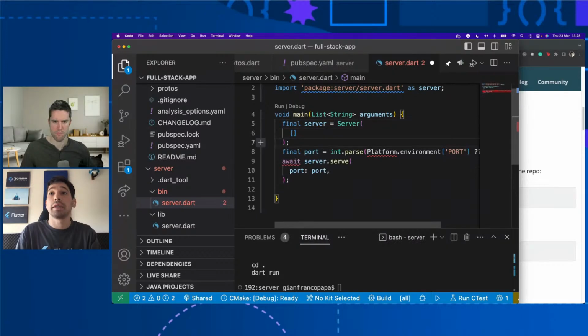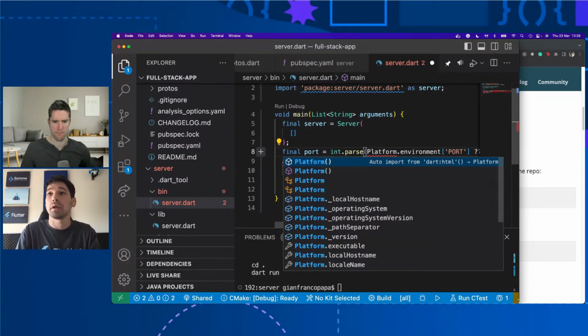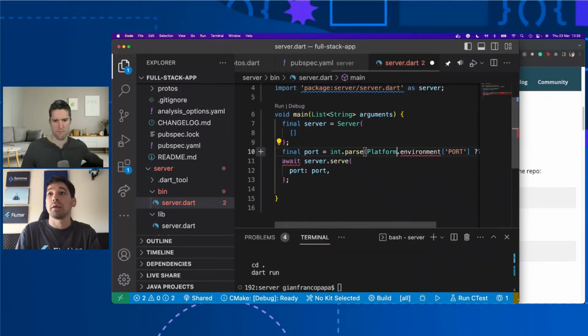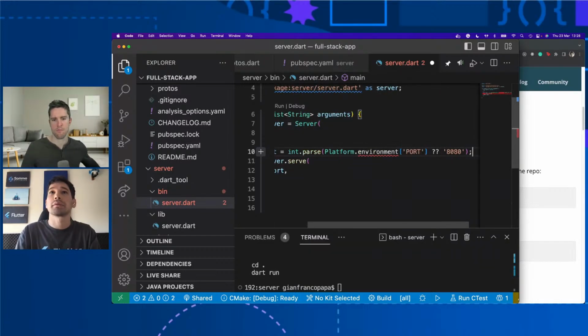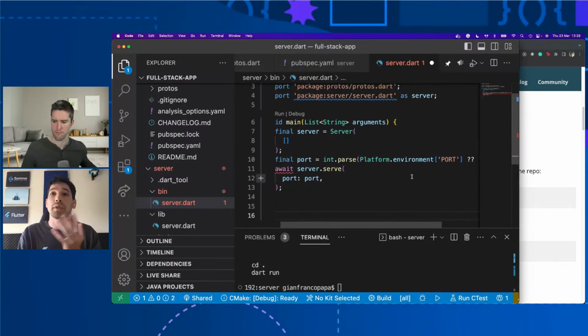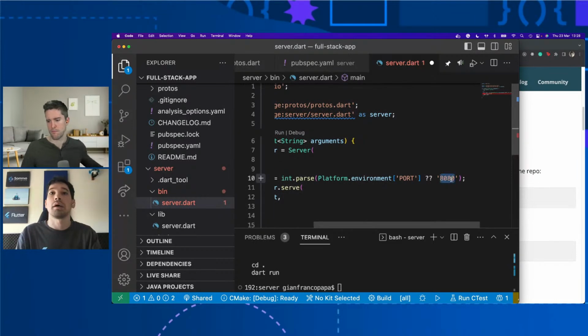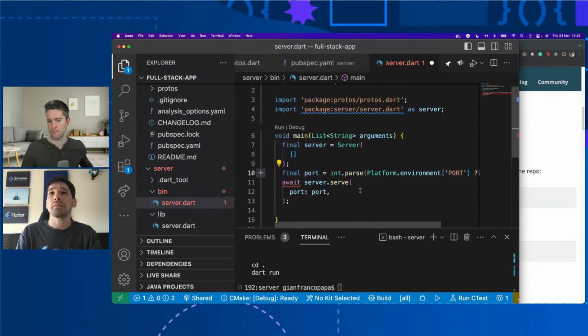So if you go here, we can create our server. Then we have to run our server on a port. Basically, we are retrieving the port from the environment, or as a default we can use port 8080.